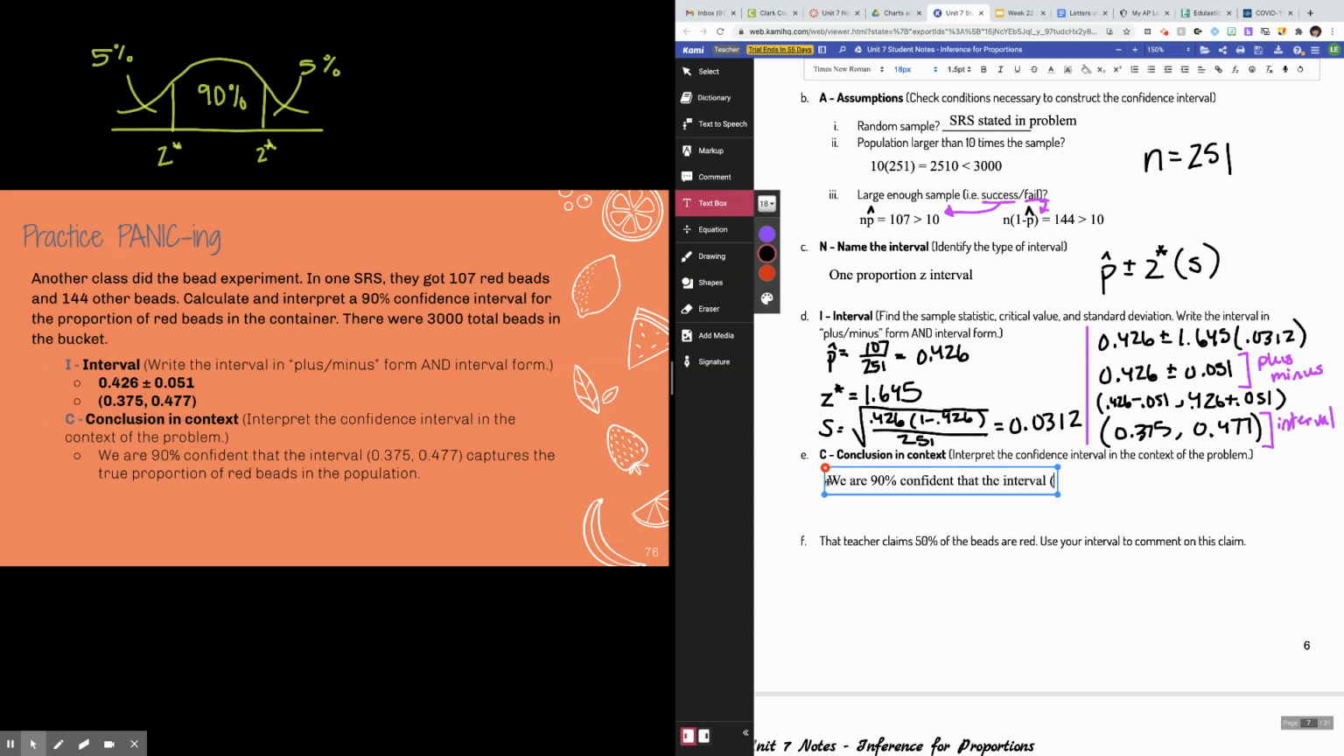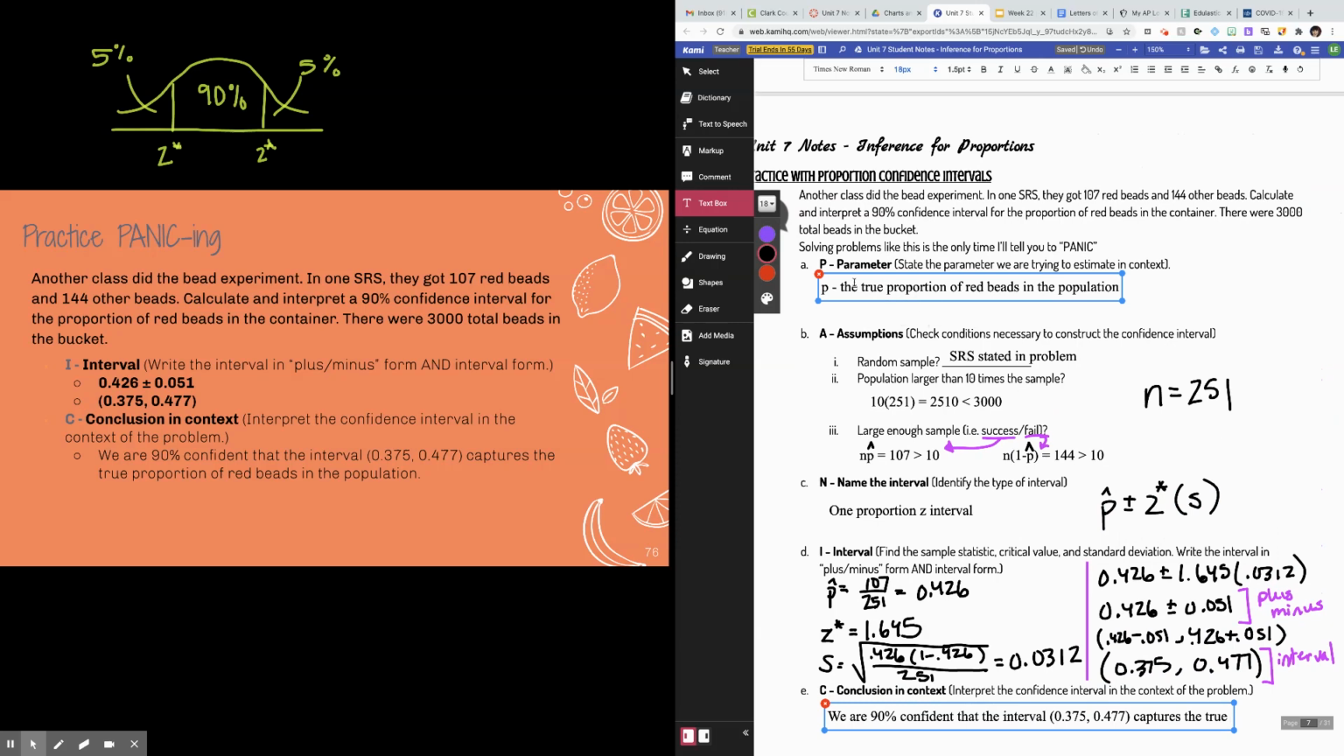bound. So you can either write the word the interval and then just write your interval in interval form, or you could say the interval from and then just list your lower bound to upper bound. Either way would be fine. So we are 90% confident that the interval 0.375, comma 0.477 captures the true, and then you list your